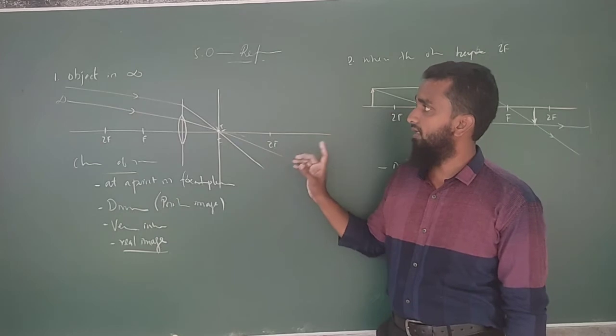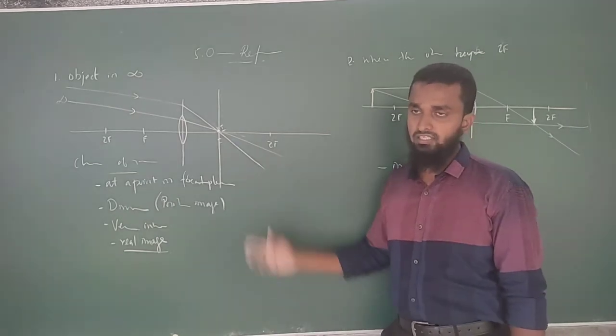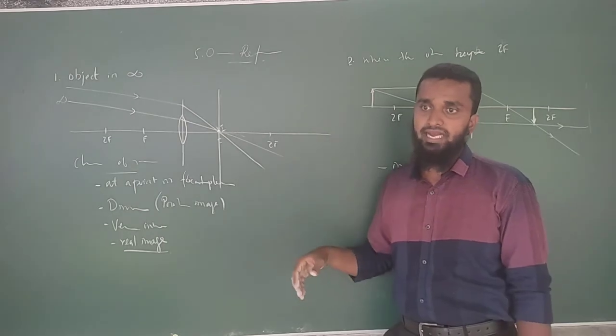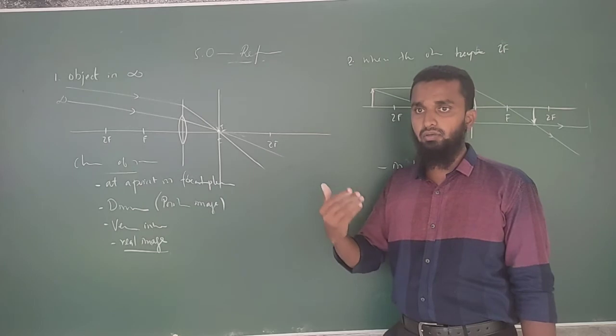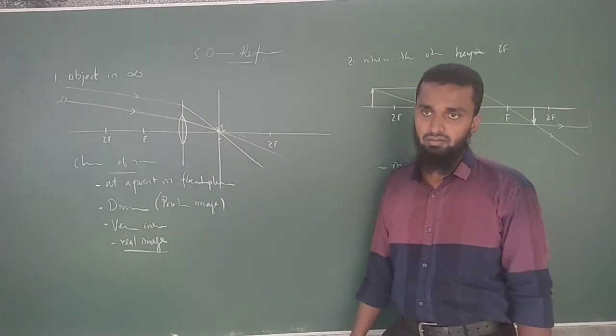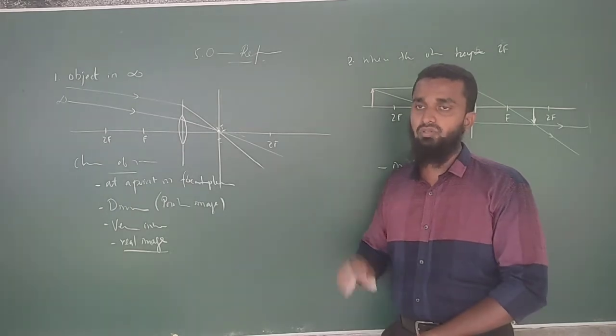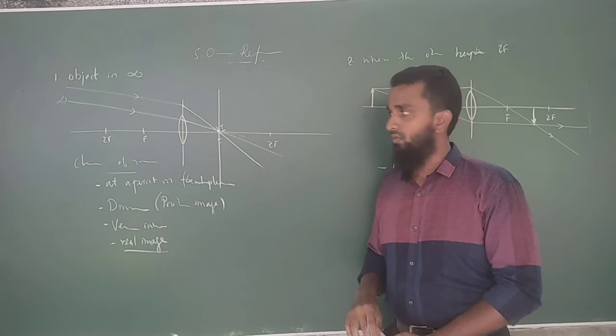This is for the convex lens. Okay, the rest of the part should be done by you, and if you have any doubts, you can send me the doubt, right? According to your doubt, I will make another video, and I'll explain why those ray diagrams have been drawn in that manner. Okay,